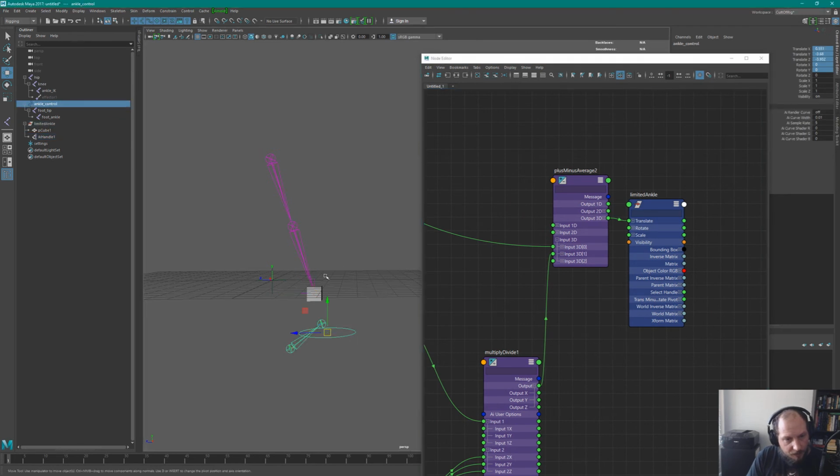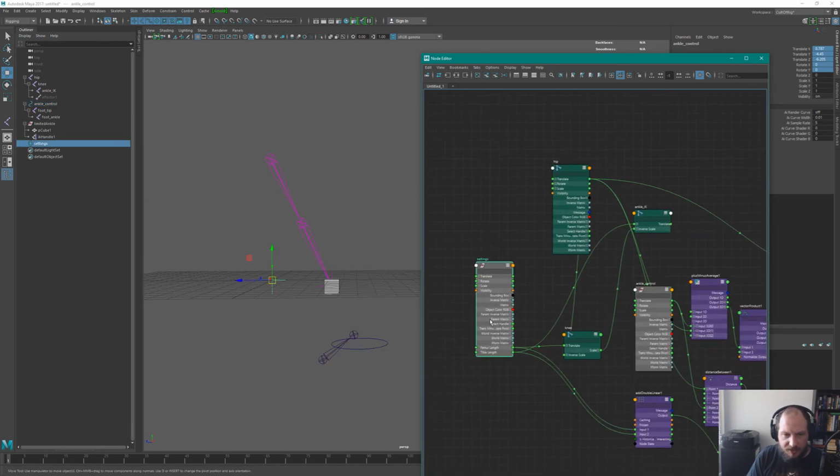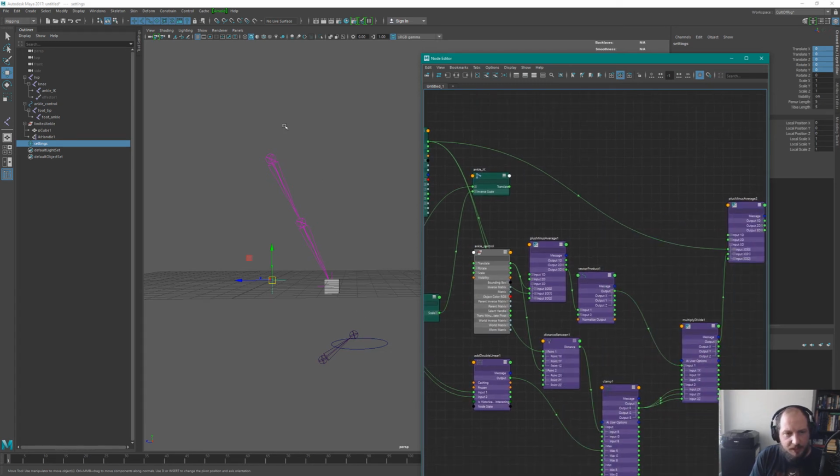Now, at this point, what we have done is we have fixed the IK basically, the way we want it. And this seems like it had no effect, and yes, it had no visual effect. But what we have done is basically set things up so that they're not cyclic. Now we can limit things